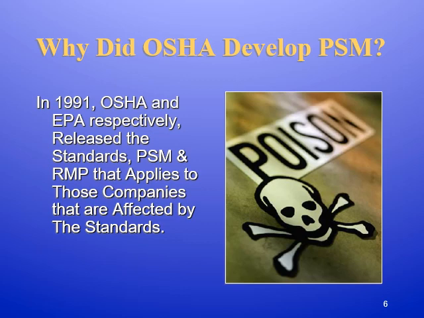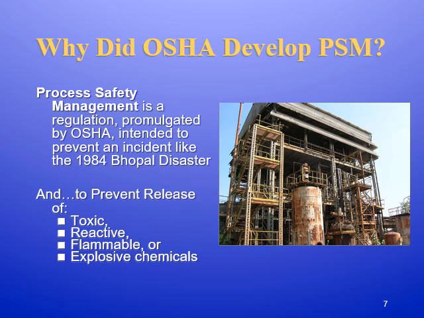Management Plan. And the difference is Process Safety Management protects workers. It is an OSHA standard. Risk Management Plan protects those who are living around plants, people in the community. So again, to continue our discussion of why process safety management, it resulted from incidents like 1984 and Bhopal. And the goal of PSM is to prevent releases of toxic, reactive, flammable, or explosive